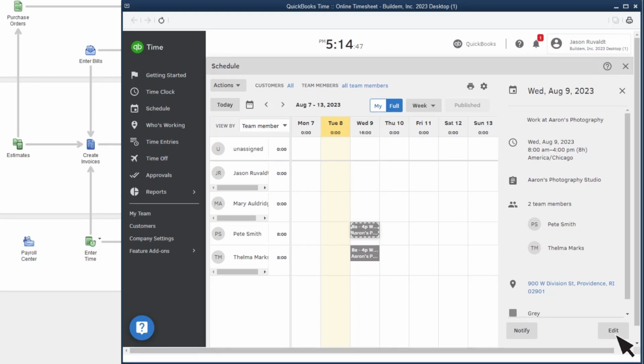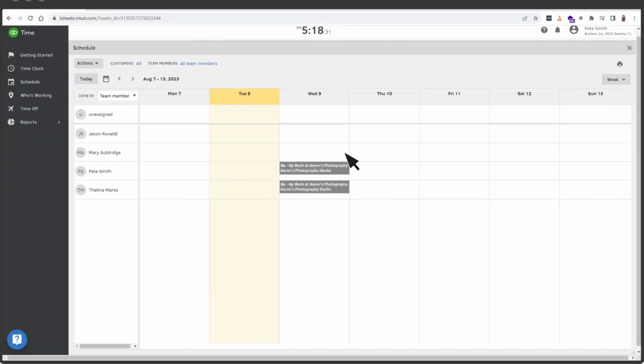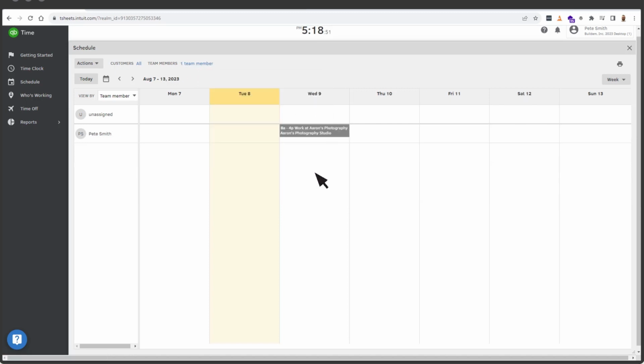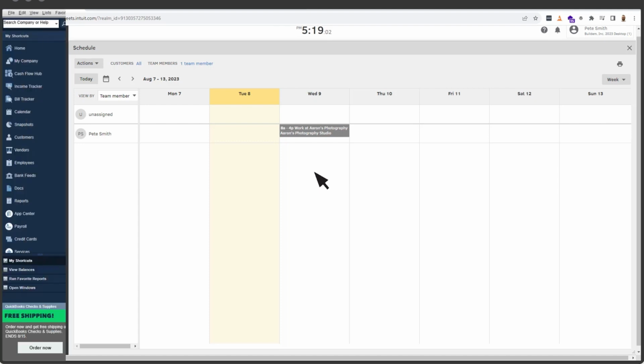Once you've built a schedule you like, you can save it as a template to use later, or copy all of the shifts from the previous week. When your team looks at the schedule, this is what they'll see. They can view the schedule in general, or just their shifts. And when it's time for them to start work, they can clock in for their shift. The time they enter for their shift will appear in QuickBooks Enterprise after you approve and sync the time.